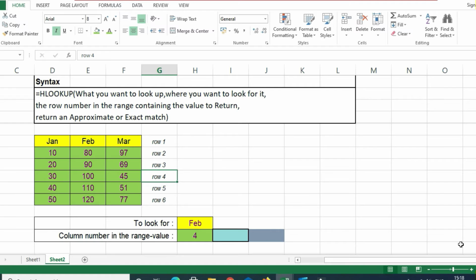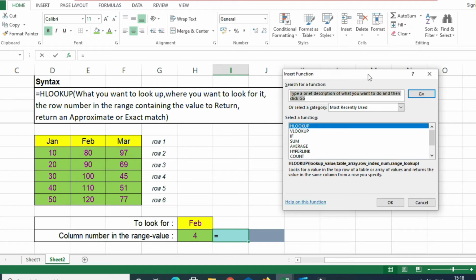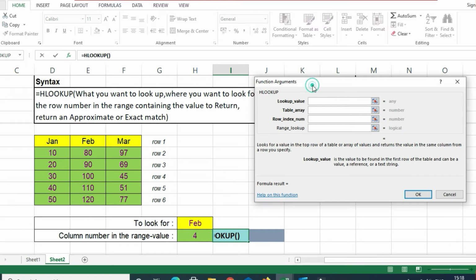Okay, so let's do the HLOOKUP for this data here. So for a beginner it will be much easier if you click on the insert function. So click on the cell where you want the result of this HLOOKUP function, and then click on the insert function here on the formula tab. So once you click that, you get this window here where you can search for the function HLOOKUP. HLOOKUP is already mentioned here, so I'm going to double click on this, and by default you will get this